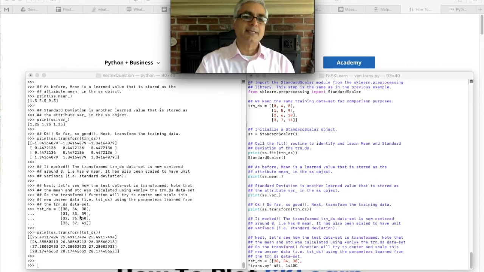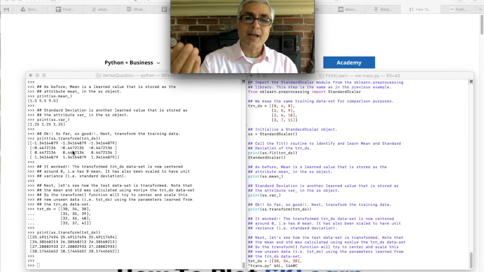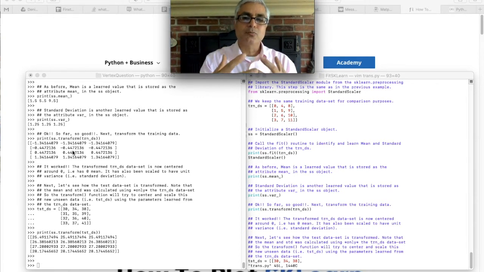The object itself has stored the parameters that were learned from the training data, and we apply them on the test data. We don't use the fit method on the test data because the test data is supposed to be unseen data that is going to be coming from the outside world. So the model needs to work properly.